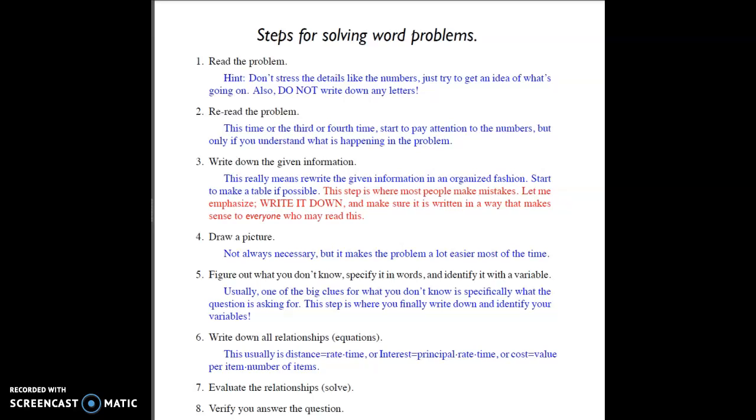Math 104, technical math or math for the trades, is a class that will have more of an emphasis on word problems, maybe, than Math 105, depending on the instructor. The reason is because this is an applied mathematics course, and one of the things that we really want to focus on is the relevance of how math is used